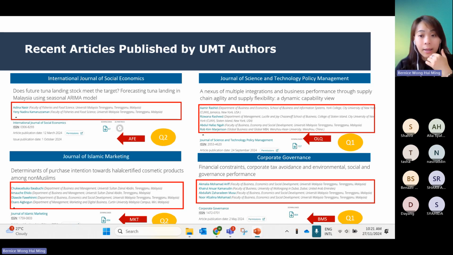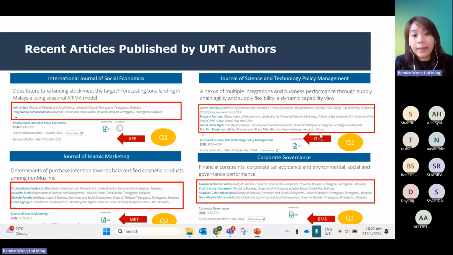Besides that, there are a few examples. At UMT, they do not always publish in business topics like accounting and finance, but you will see in the second on your right, these authors published in operation, logistics, quality. The title is "Nexus of Multiple Integration and Business Performance through Supply Chain and Supply Flexibility: Dynamic Capability View." They chose to publish in Journal of Science and Technology Policy Management under OLQ.